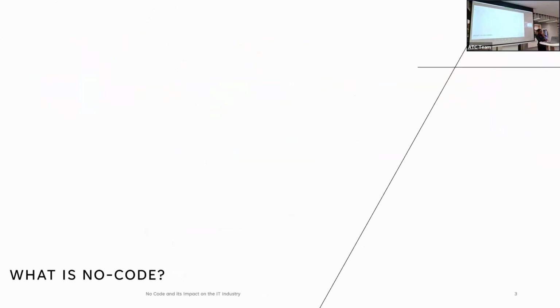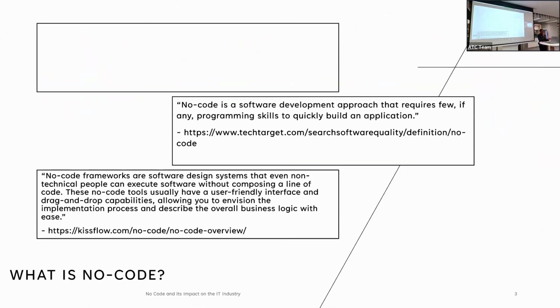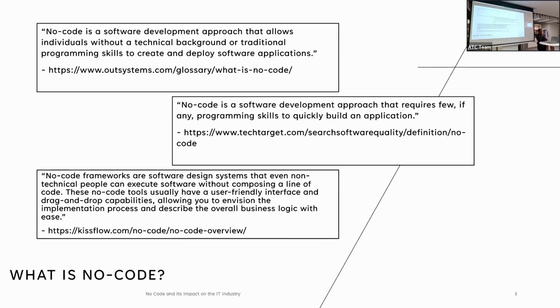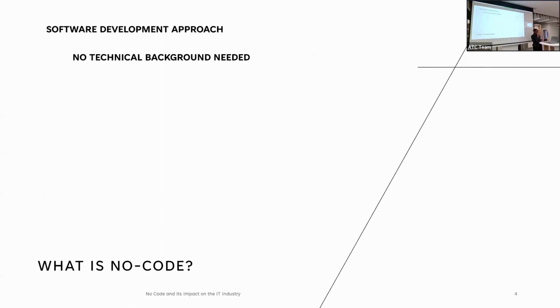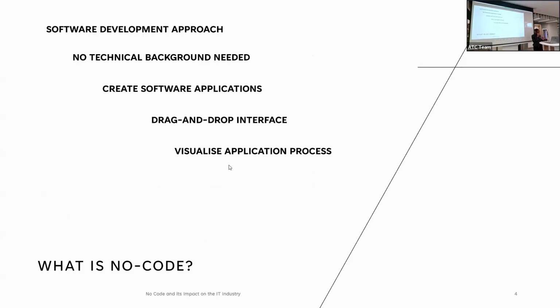So while searching online, I have come across a few definitions of what no code is. So I have taken these definitions and I have summarized it to answer 4 questions: what, who, why, and how. Okay. So no code is a software development approach that does not require a person to have any technical background to create and deploy software applications through visual drag and drop interface. This allows the person to visualize application processes and